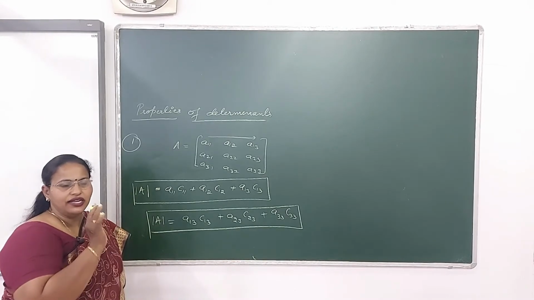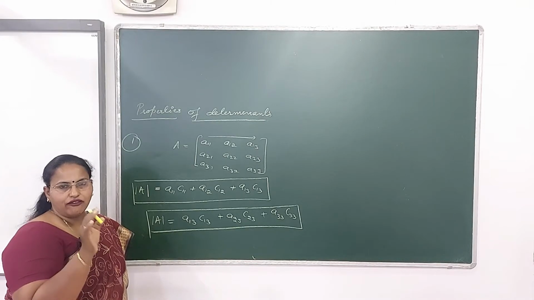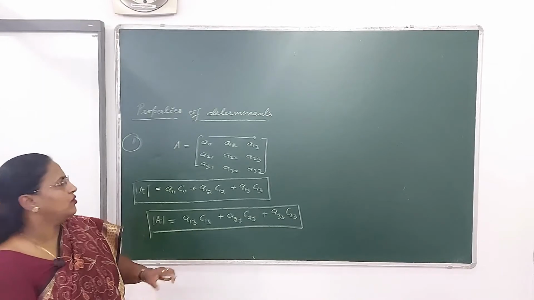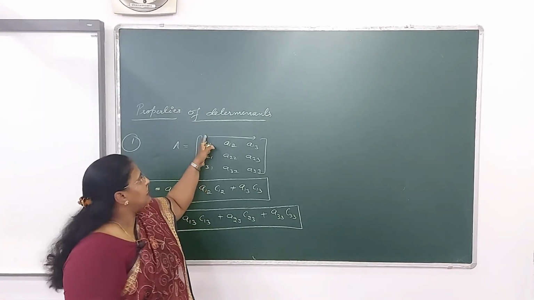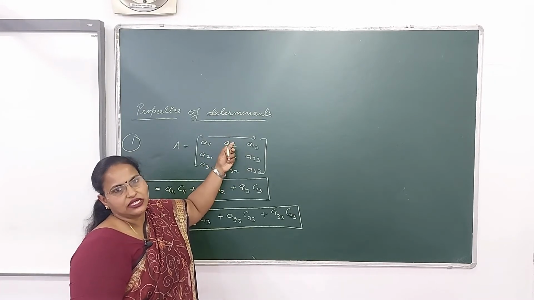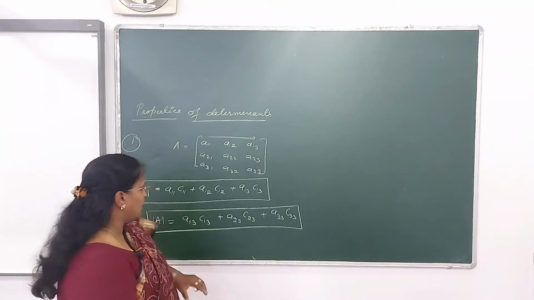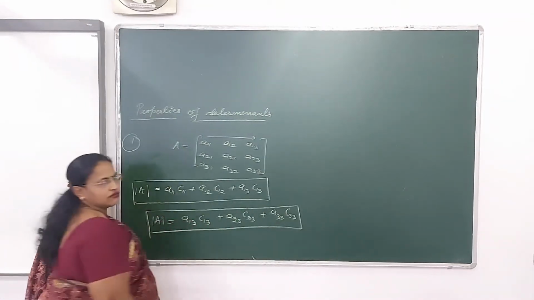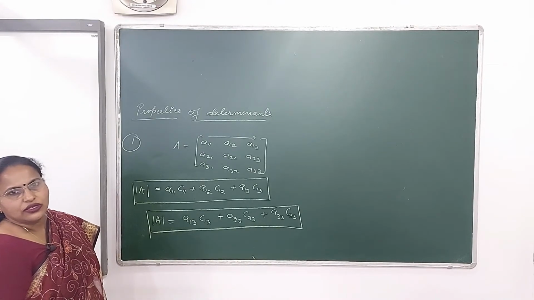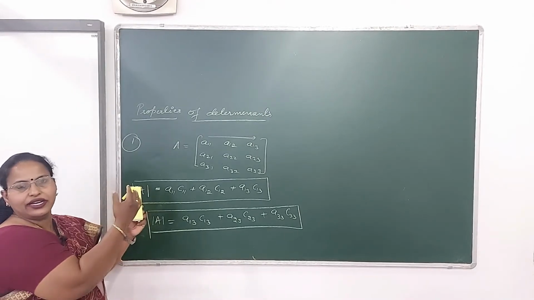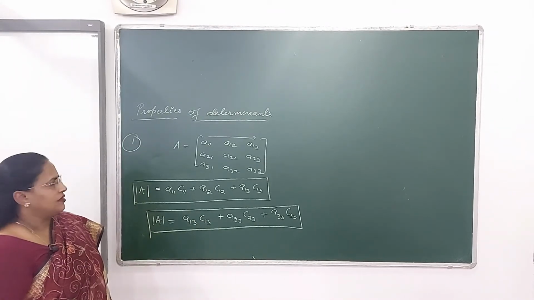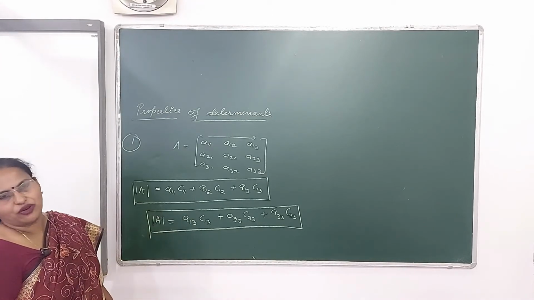So while expanding determinant, dear children, I have told you the way how to expand a determinant. At that time I have explained that if it is even then place a minus sign, if it is odd then place a plus sign. This plus minus sign is just because of these cofactors only. Now you can relate it, isn't so? It's one and the same thing. What we were doing directly, the same thing is given over here as a formula. Okay. So this is the first formula.